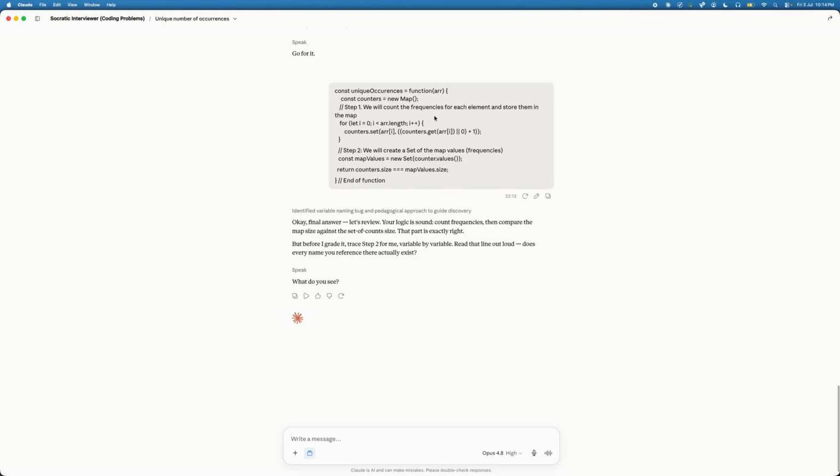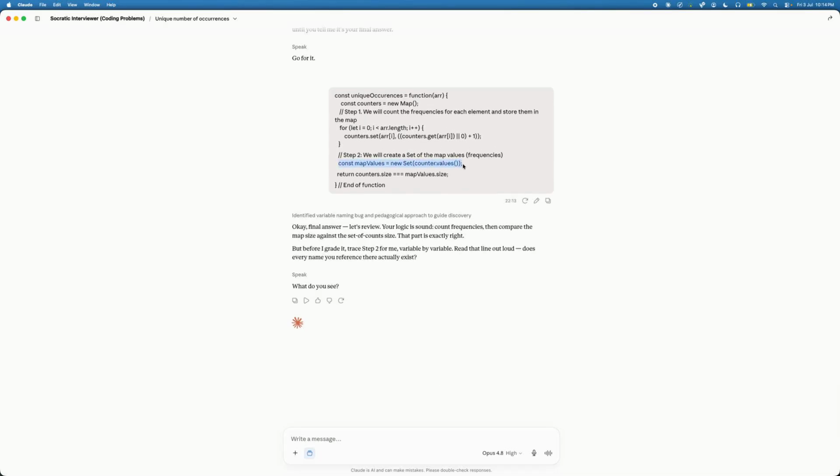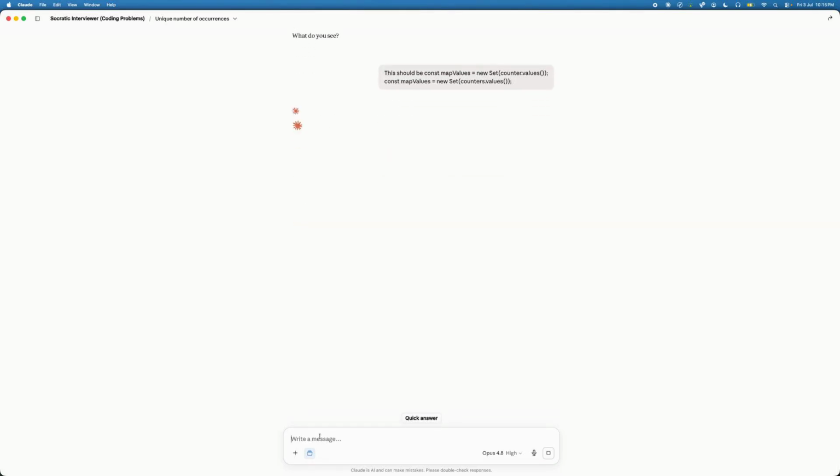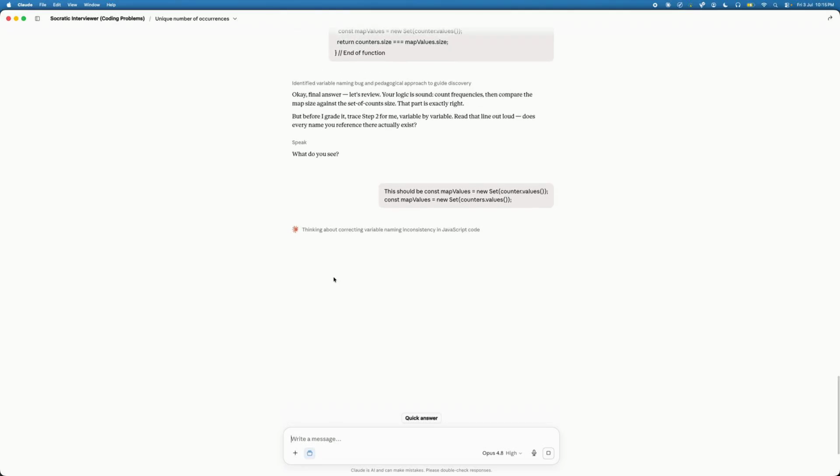Okay, so here it should be counters.values. That's the one. You referenced counter, singular, but you declared counters. That's a reference error at runtime. The function crashes before it returns anything. Good catch when you traced it.